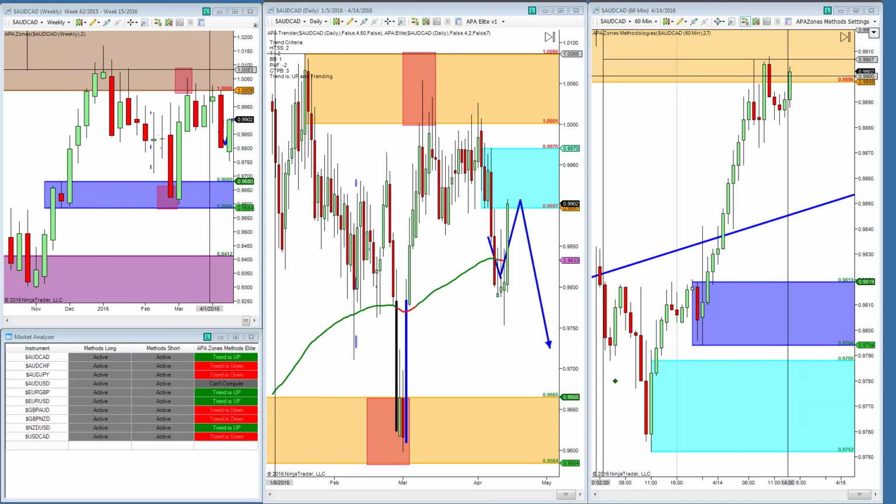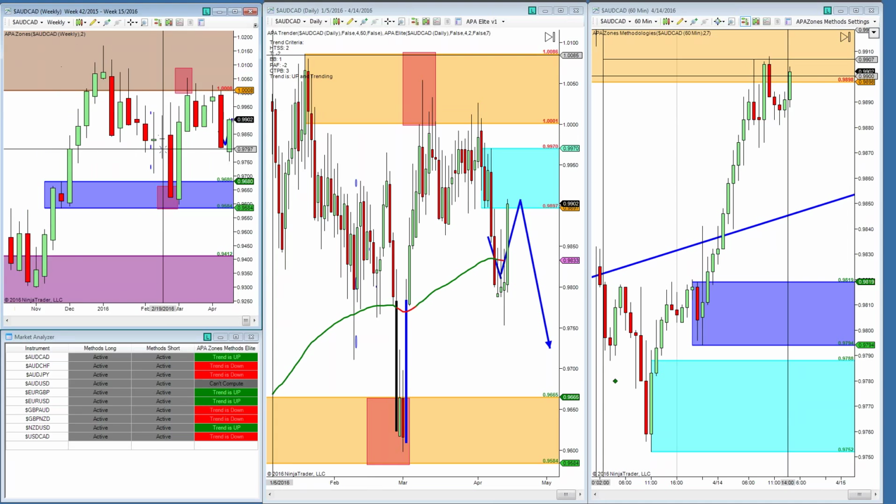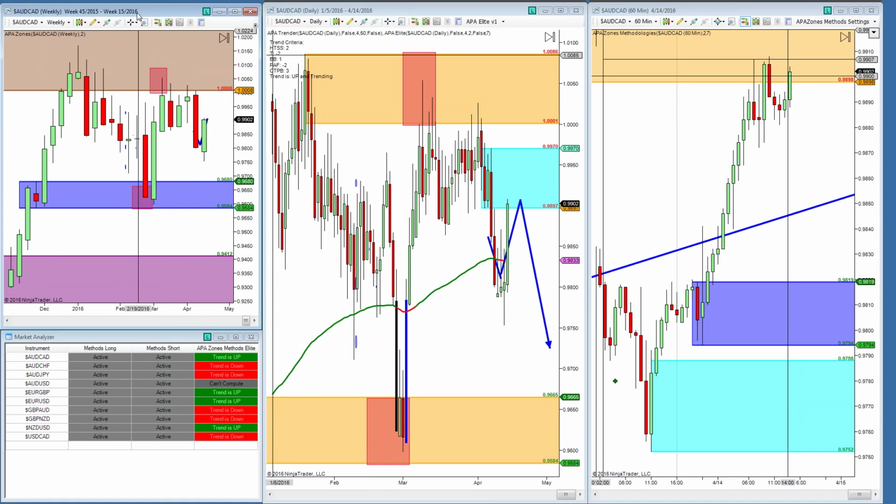All these could be combined into one chart, but just for the sake of the presentation today, we're going to be kind of drawing them out just a little bit, just so that it's hopefully easier for everybody to follow along. Okay. So as we look at doing this stuff, you'll also notice that we have this wonderful little market